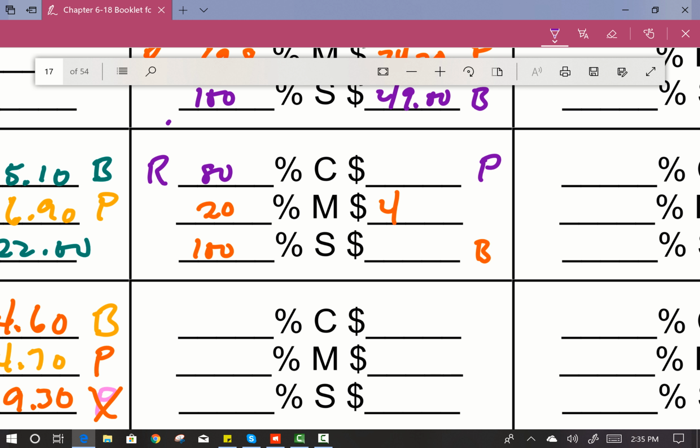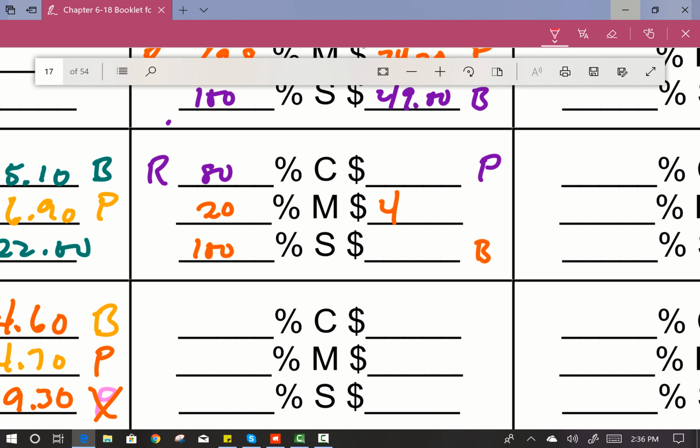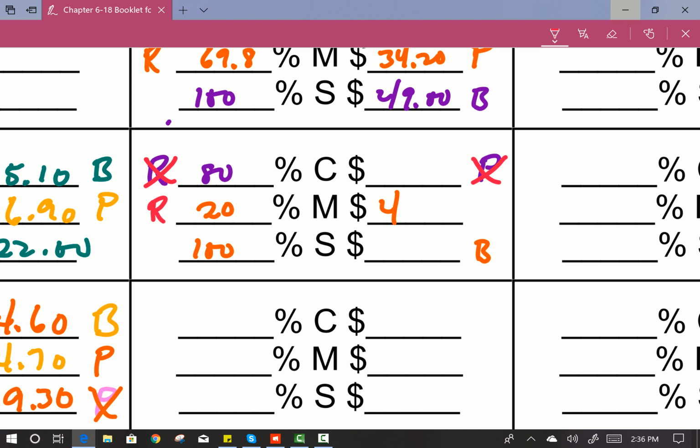And I have a value for the rate. I don't have one for the part or the base, which means I'm going to leave the base exactly where it is. I'm not going to touch it because the base has to stay with 100%. So I'm going to move the rate and the part down one line. Now I have a value for the rate and the part, but I don't for the base, so that's what I'm going to solve for. Base is equal to part divided by the rate, which is 4 divided by 20,